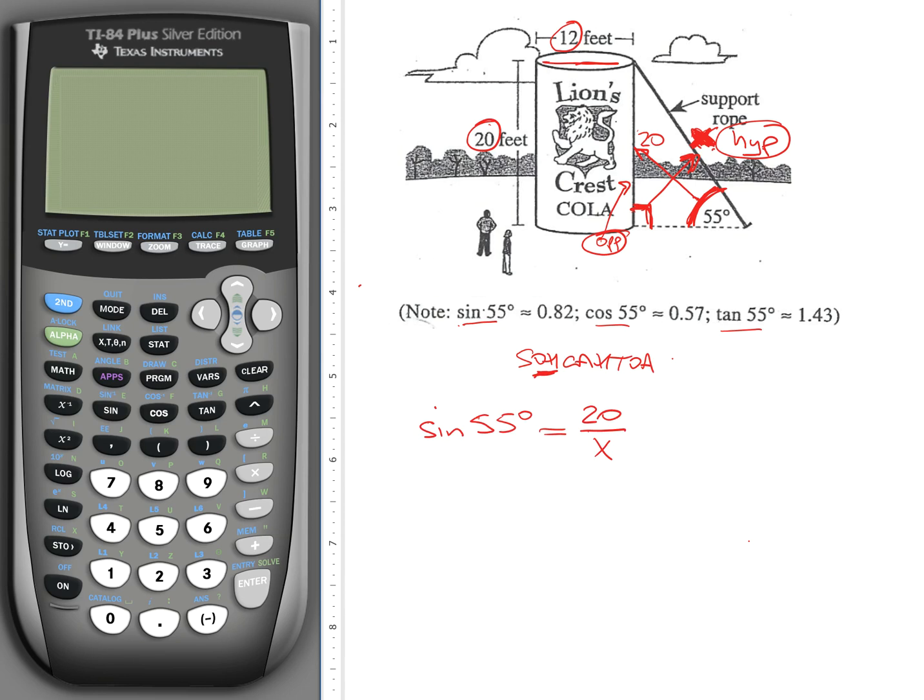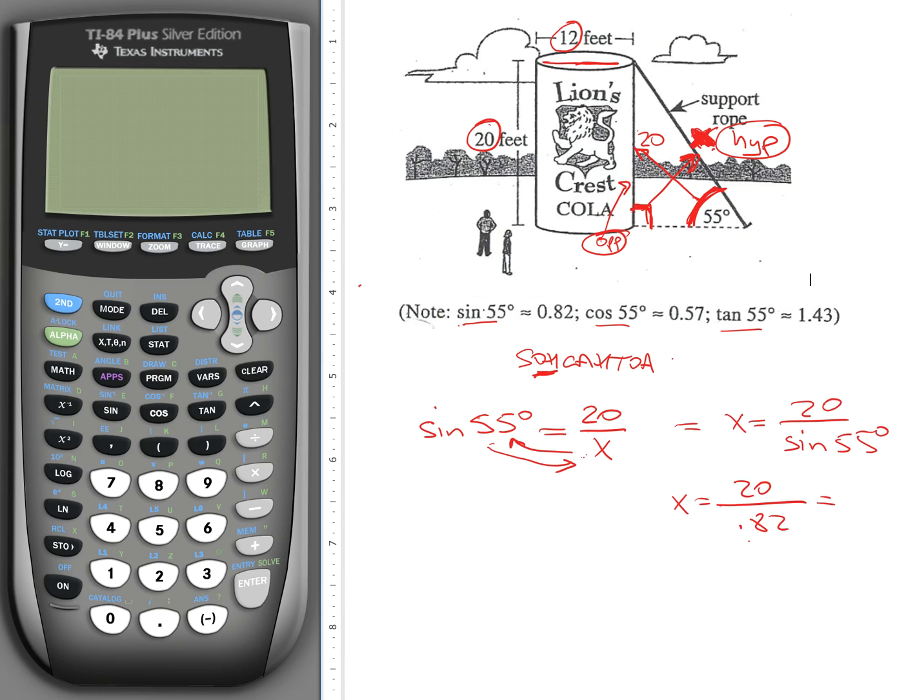So now we have to try and isolate x. The quick way to do it is you just switch places here, the x and the sine 55. I'll show you the quick way to do it. These just switch places. And so you get x equals 20 over sine 55 degrees, and that would be x equals 20 over